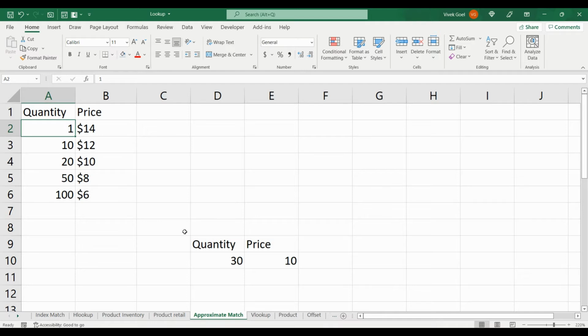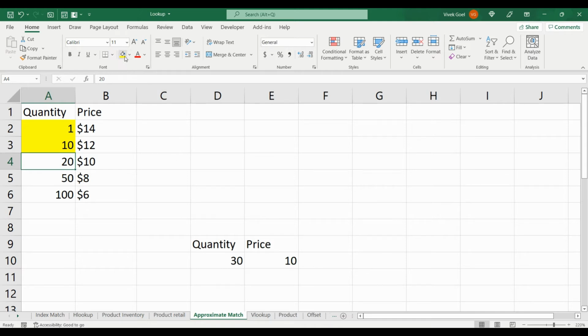So Excel will start with the first row, and now we know that 1 is less than 30, so the customer can get the product at this price. But instead of stopping here, Excel will check the next row to see if that is less than or equal to 30. Since 10 is less than or equal to 30, Excel will discard 1 and will now consider the price for 10 items, and it will move to the next row to check if the next item is less than or equal to 30.